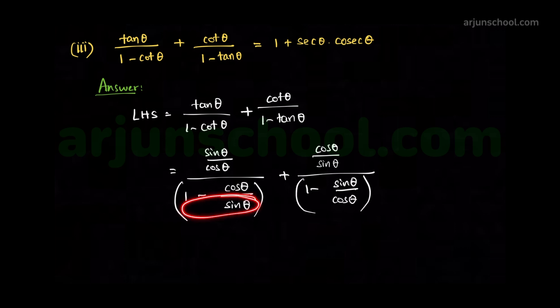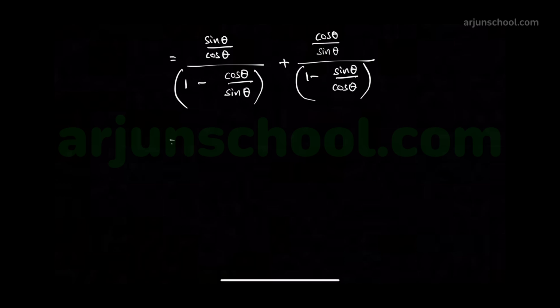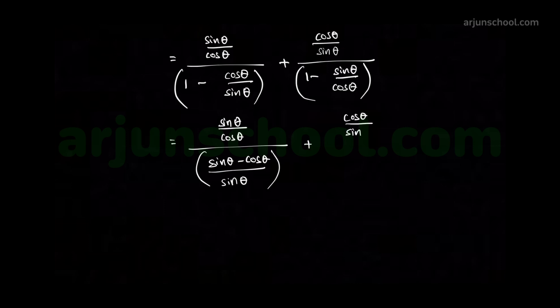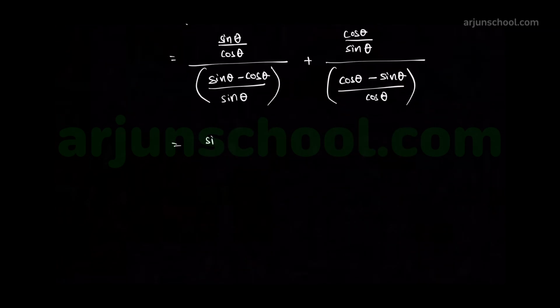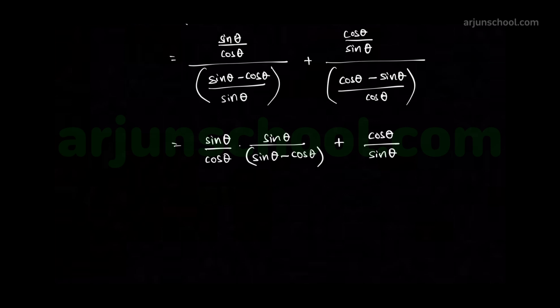In the denominator, let us take sin theta as the LCM. So denominator becomes (sin theta minus cos theta) by sin theta. And in the second term, let us take cos theta as LCM. (Cos theta minus sin theta) by cos theta, which is equal to sin theta by cos theta times sin theta by (sin theta minus cos theta) plus cos theta by sin theta into cos theta by (cos theta minus sin theta),